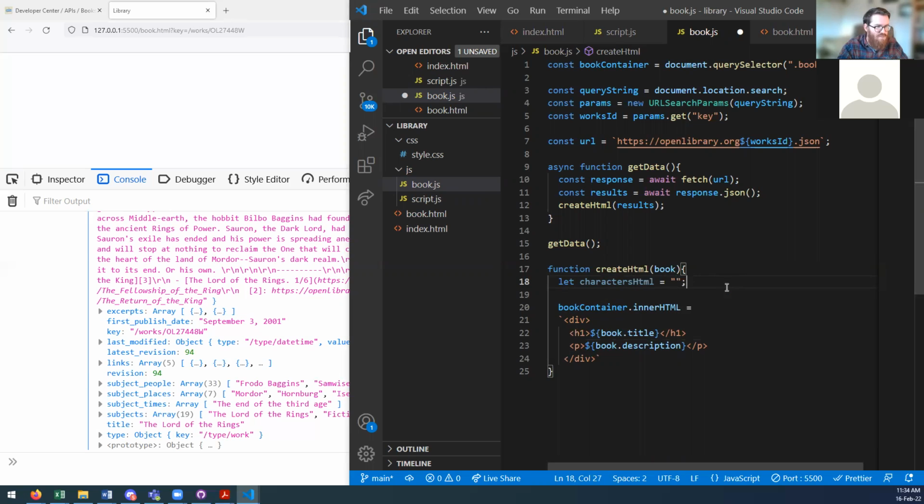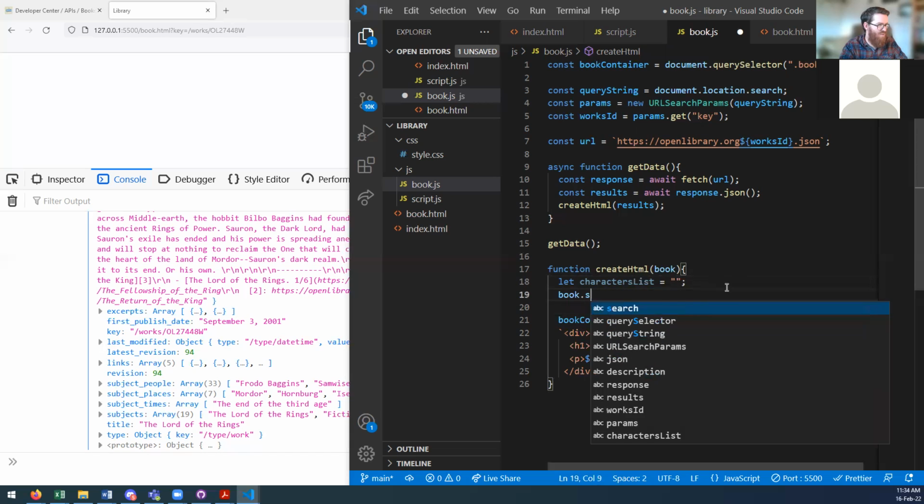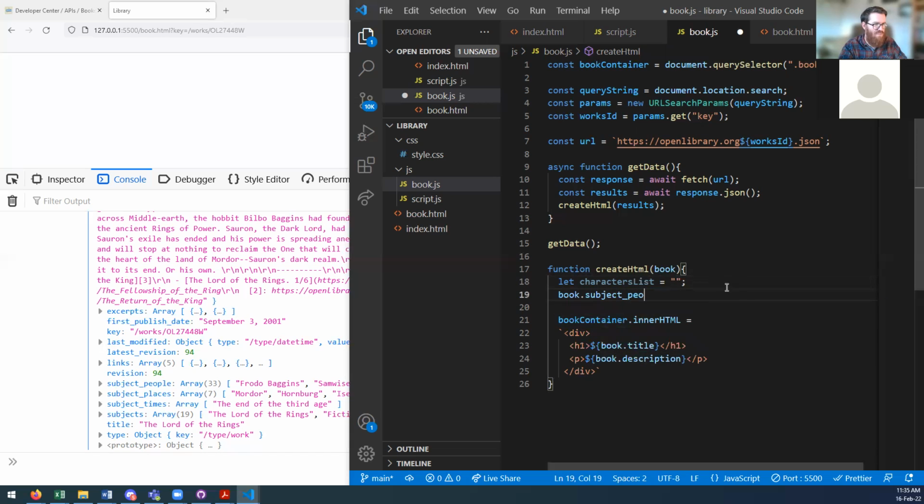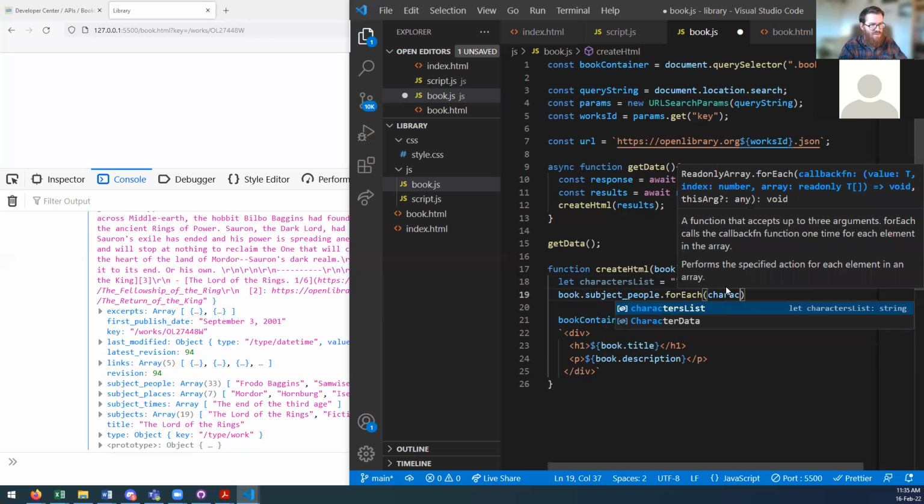Characters. And it will say book.subject_people.forEach character,